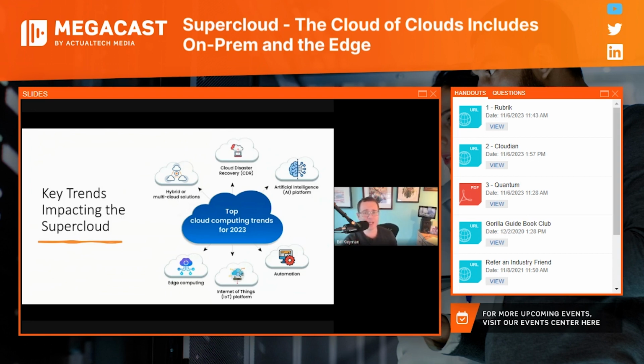Now, there are some really key trends. This is a little graph that I wanted to put together as far as what I'm seeing out there. Hybrid, multi-cloud, people are still trying to understand where and how to best deploy their infrastructure, and the Supercloud is a part of what helps with that. Obviously, disaster recovery and business continuity, really key considerations. Edge computing, that's not going anywhere. I've got a cool slide of that in just a second. Automation is a big one, intelligent automation even. IoT, the world of connected devices, which was a perfect storm actually for the amount of IoT devices that came online during the pandemic. And last but not least, the 800-pound GPT-generating gorilla in the room, which is ChatGPT.